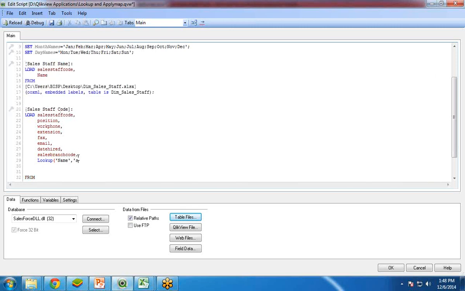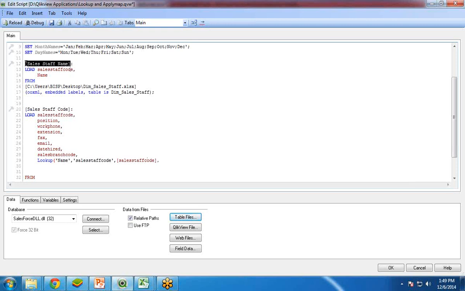So right here sales staff code, and in parentheses I need to give the matching field from this particular table, which will be sales staff code. And then we need to give the table name from where we are doing the mapping.